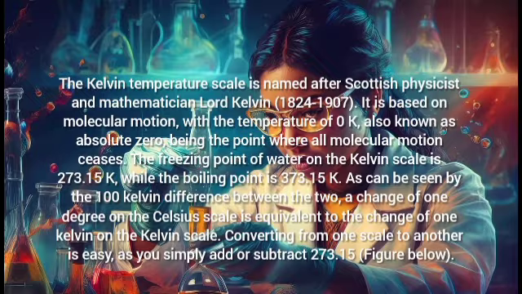It is based on molecular motion, with the temperature of 0 K, also known as absolute zero, being the point where all molecular motion ceases. The freezing point of water on the Kelvin scale is 273.15 K, while the boiling point is 373.15 K, as can be seen by the 100 Kelvin difference between the two. A change of 1 degree on the Celsius scale is equivalent to the change of 1 Kelvin on the Kelvin scale. Converting from one scale to another is easy, as you simply add or subtract